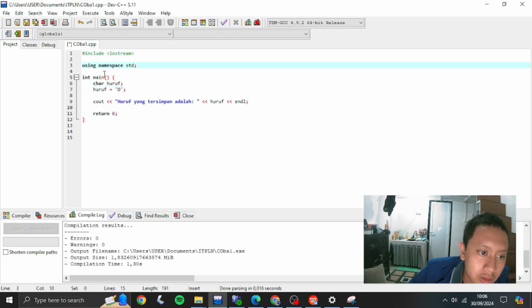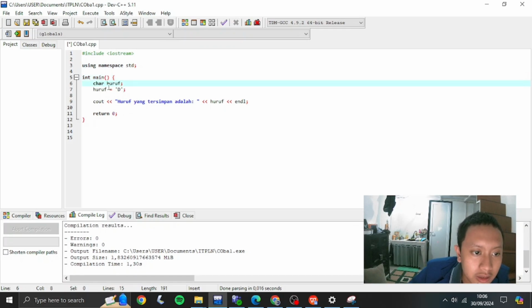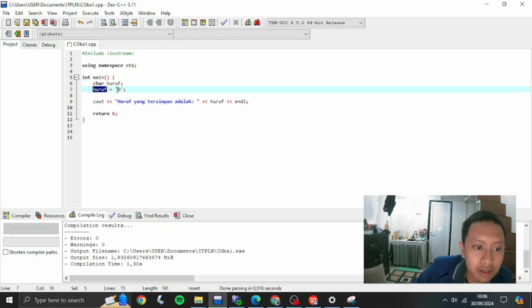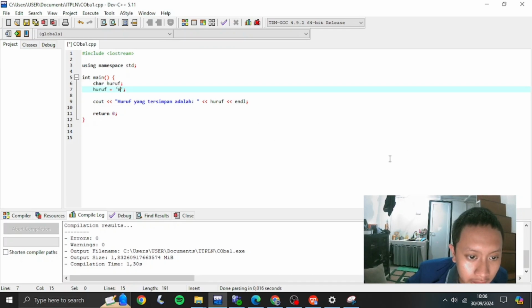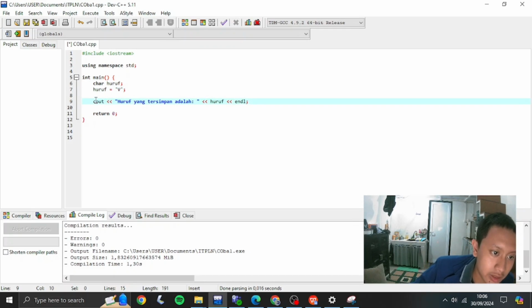1, 2, 3. The core of the code, and here, char. Char is the type of the variable, and huruf. It means that huruf declares the variable of char, and huruf contains the input. I could change it to v, and definitely the cout, or I call it the cover.